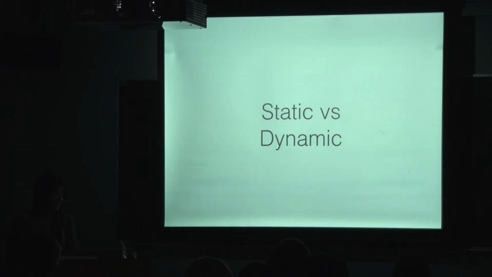So, static versus dynamic. There are two ways to add a fragment to an activity. You can add it declaratively in your XML, or you can add fragments dynamically at runtime in your Java code. The latter is typically the way you want to go. If you add a fragment statically in your XML, you can't ever remove it. Your app will crash if you try, so that means you can't replace it either, because that's the equivalent of remove and then add.